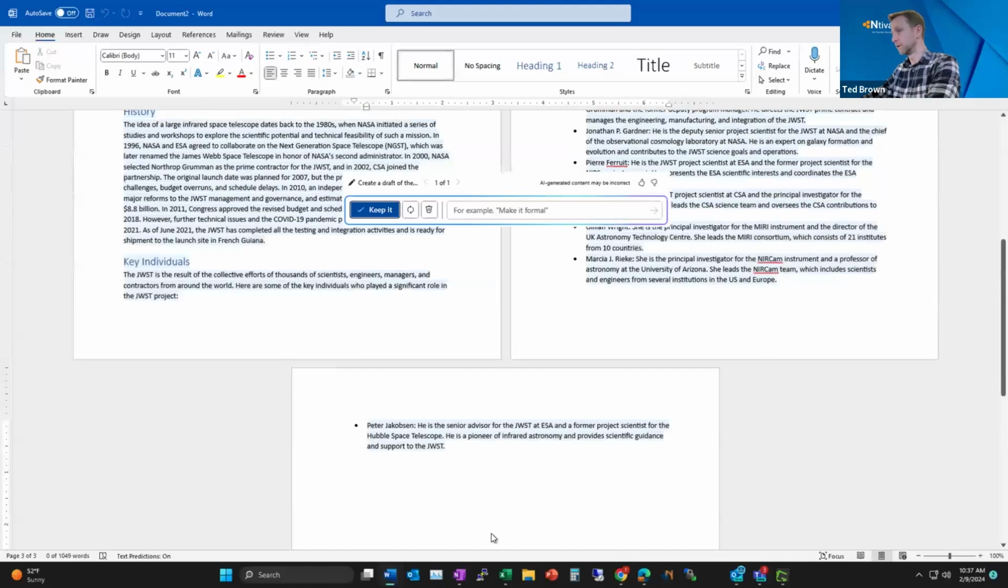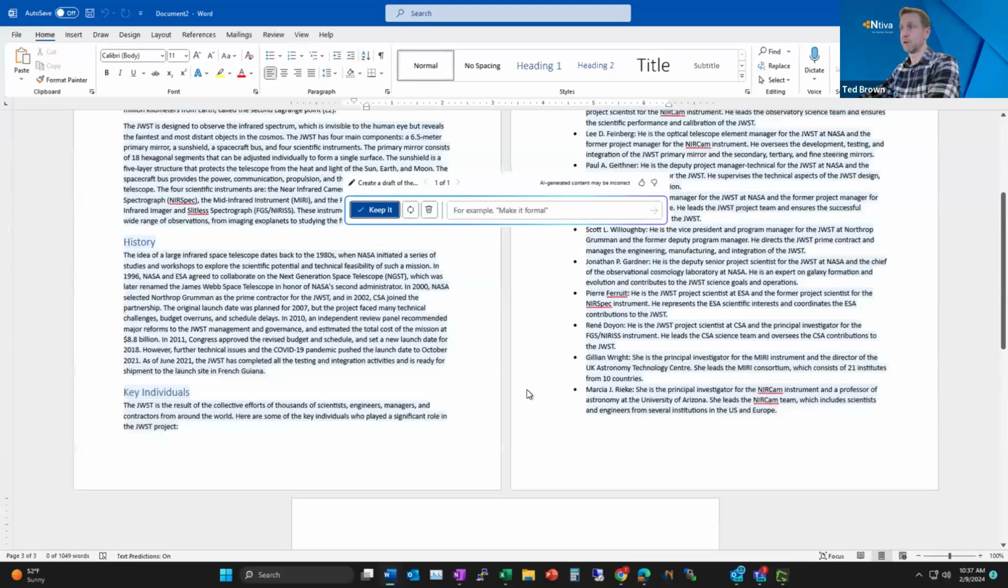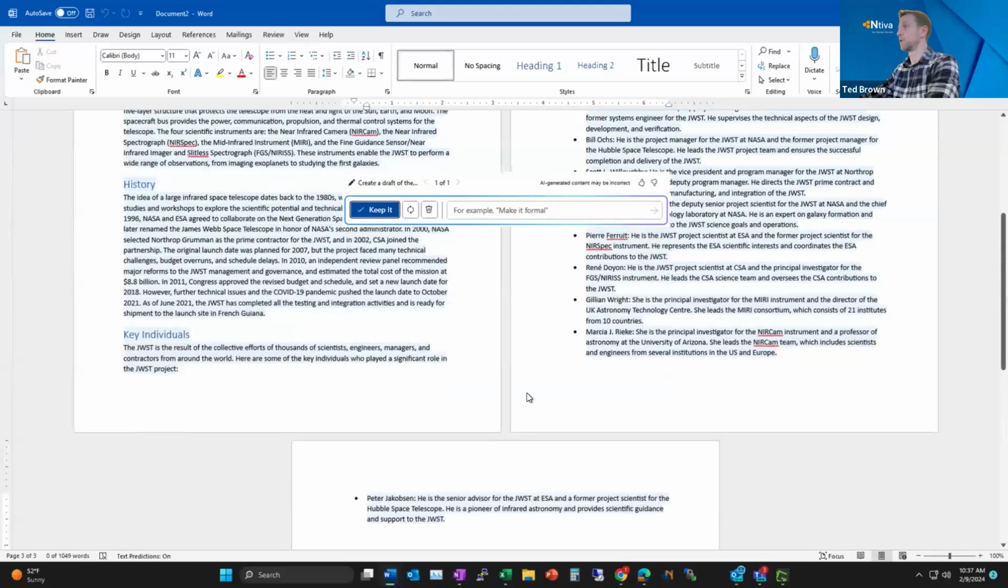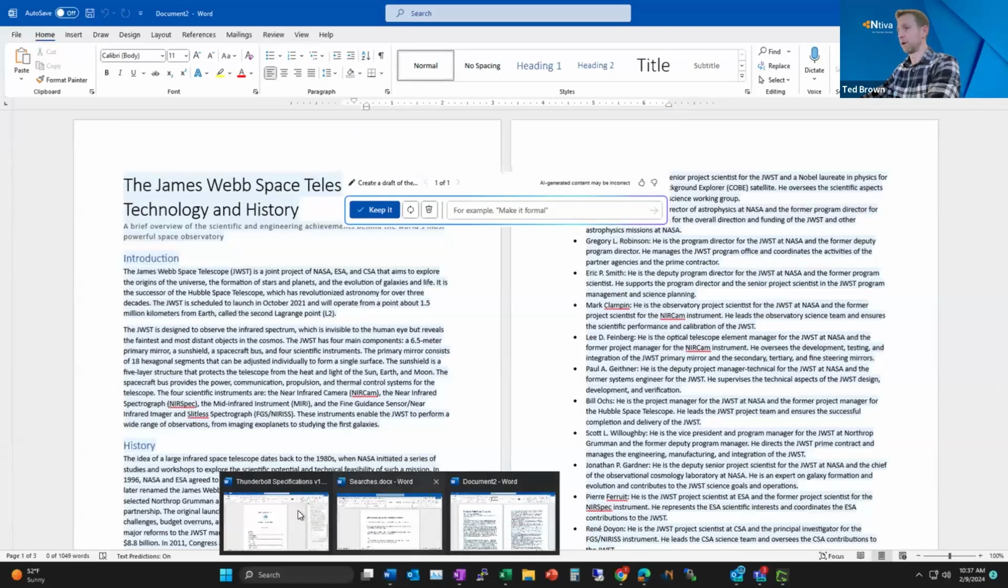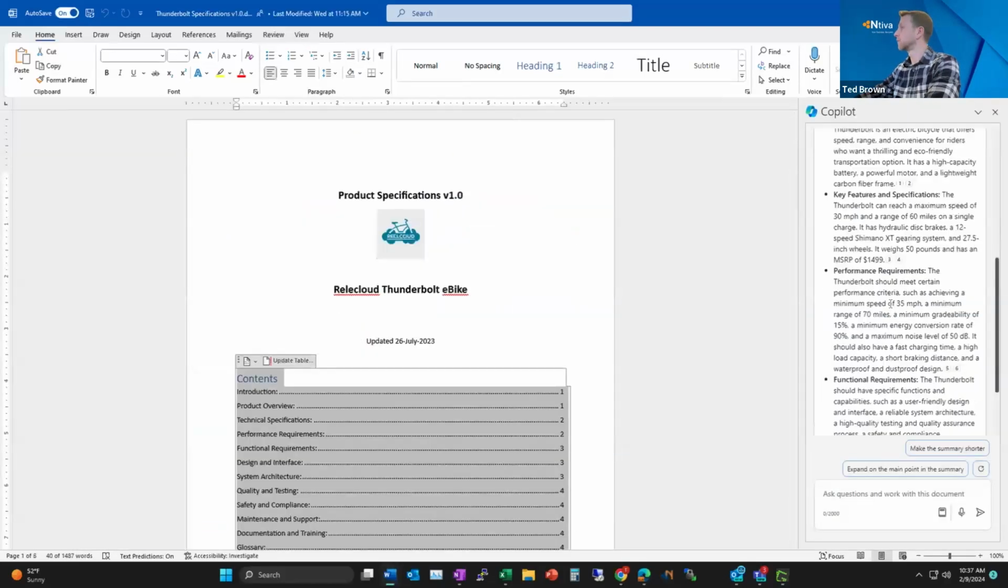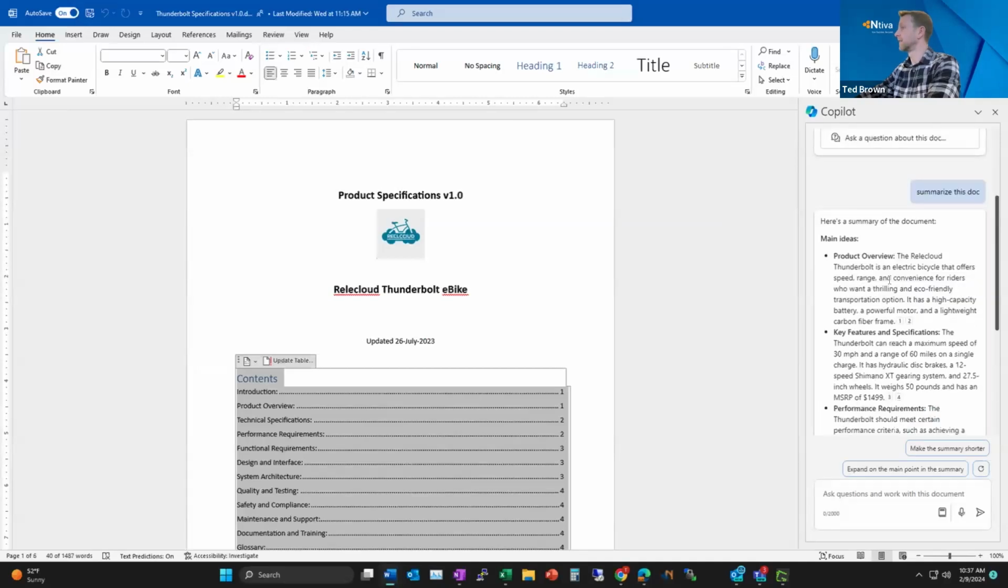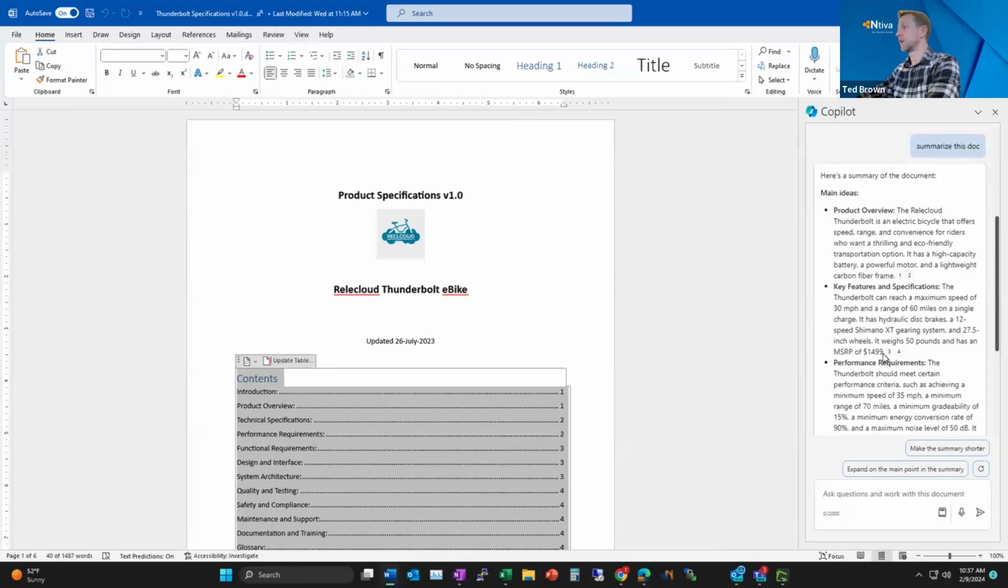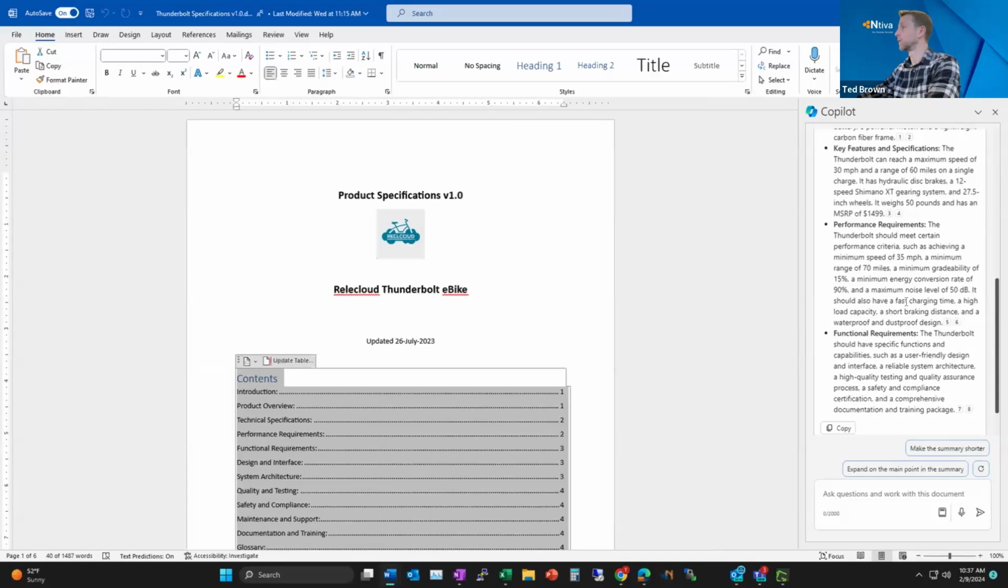So here is the final of my James Webb Telescope document, almost 3 pages going through all the information there. It's pretty handy to have. Let me bring up my Thunderbolt. And here's the summary I have right here of the main ideas: the product overview, key features, specifications, performance requirements, functional